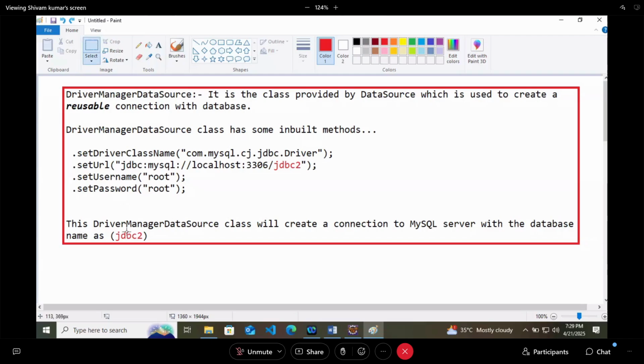That is what I have written here, that we are using this particular class so that we have a connection with the server. Here I have written MySQL because the configuration of MySQL is done. If I am doing it with Oracle, I will write Oracle here. Now, understood? It is nothing, just used for creating a connection with the database.